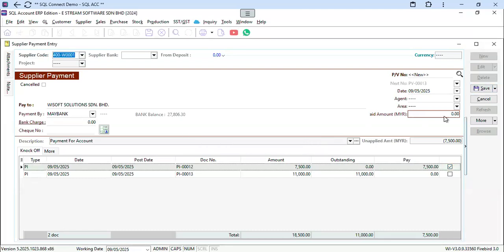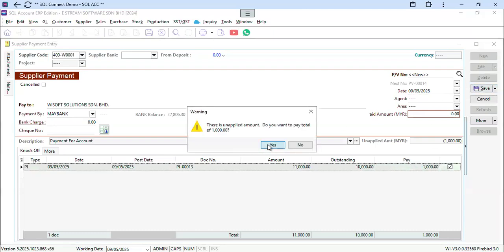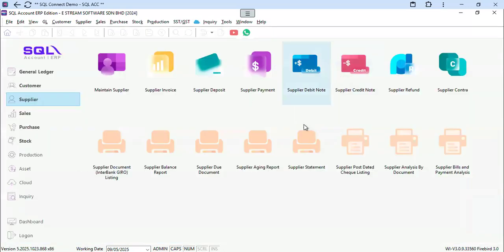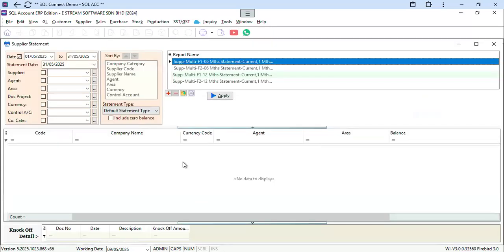Then you will be going up. If you want to do part payment also can. So now I want to do 1,000 ringgit only. Save. So you will see the amount is the exact amount of the invoice outstanding, which means your outstanding not yet paid to this supplier. So when we go and view the statement again,